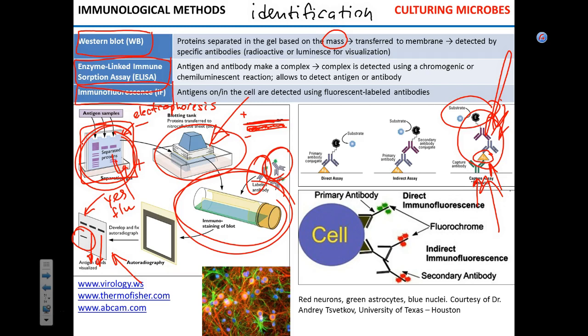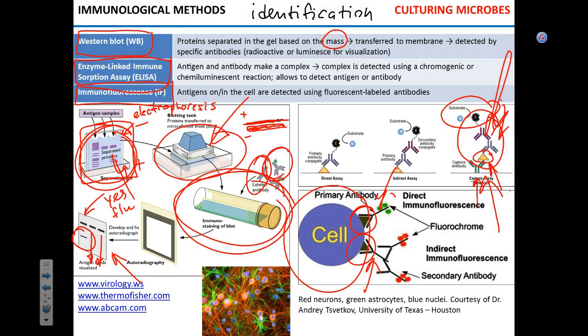For this we can use immunofluorescence. Okay? So imagine you have a cell. And the cell is infected. Depending on the type of infection, it may carry antigens outside or sometimes inside of the cell. Does that make sense so far? If it's inside, you can treat the cell and it's called permeabilization. You can make membrane permeable. But the point is, you add your antibodies and they detect your antigen on the surface of the cell or inside the cell.